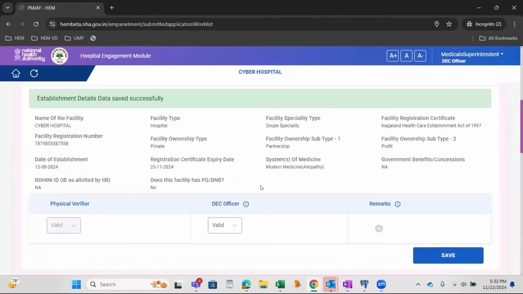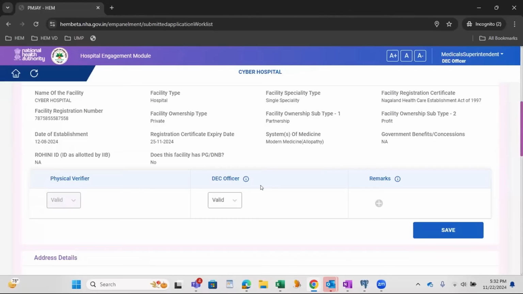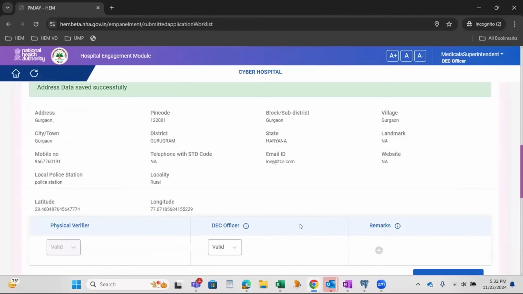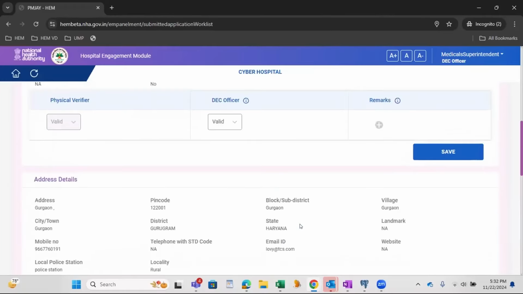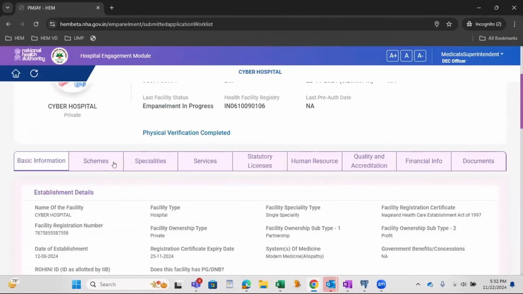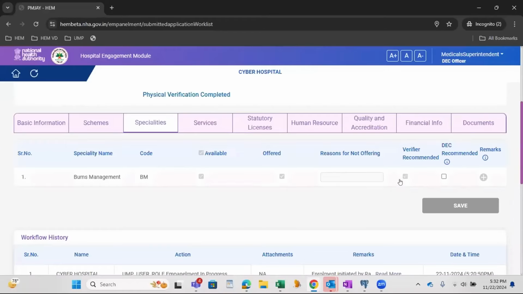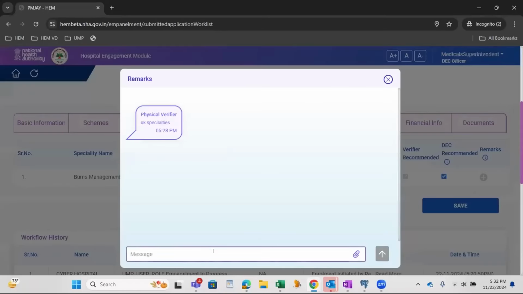Click on save. So like this, we make the necessary updates as the DEC user. Click on save.